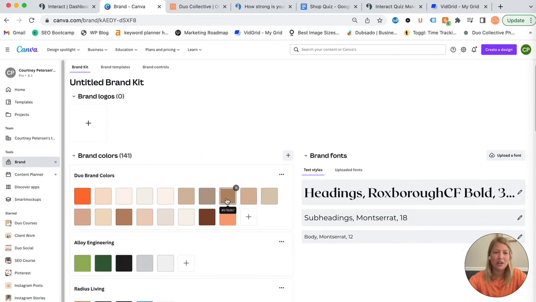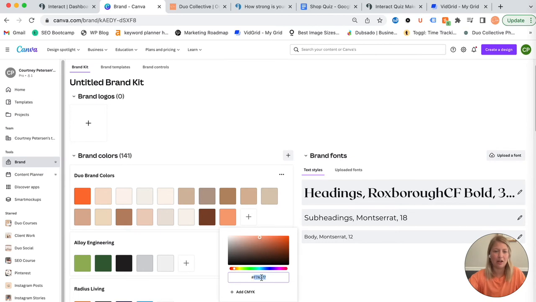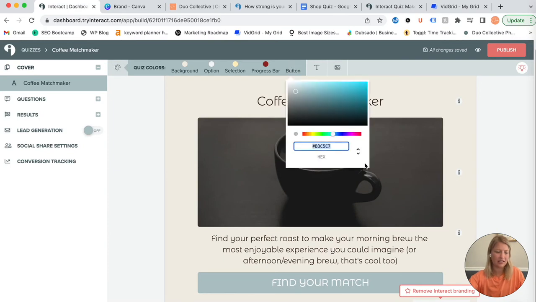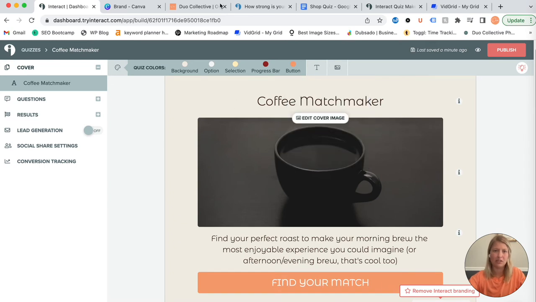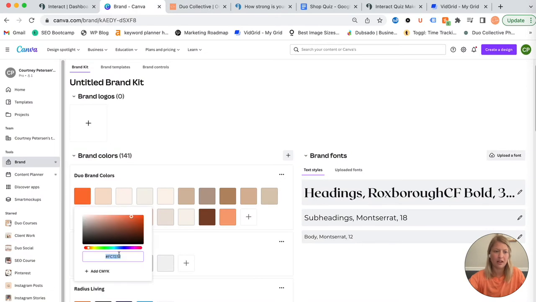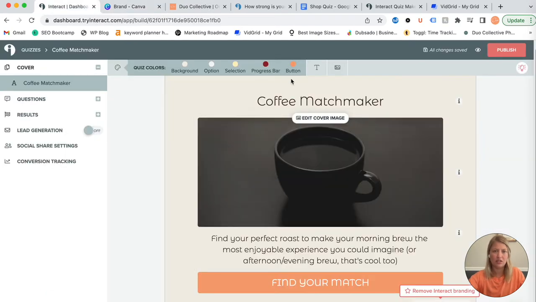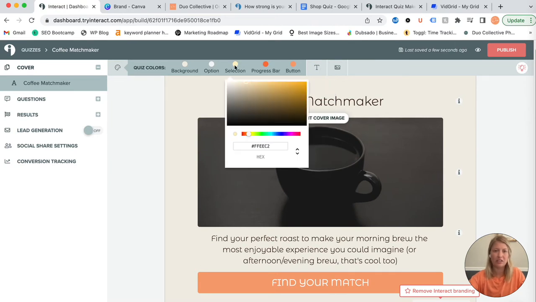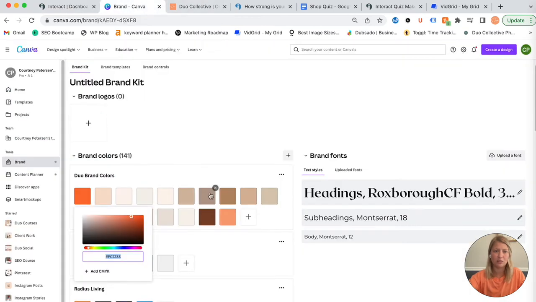So I would just go ahead and be like, okay, this is what I want our buttons to be. I'm going to copy this hex color here and add this here so that all my buttons and everything will change for you as you move. And then I'm going to make the progress bar this darker orange. So super easy to just update all of this, make sure that it matches your brand